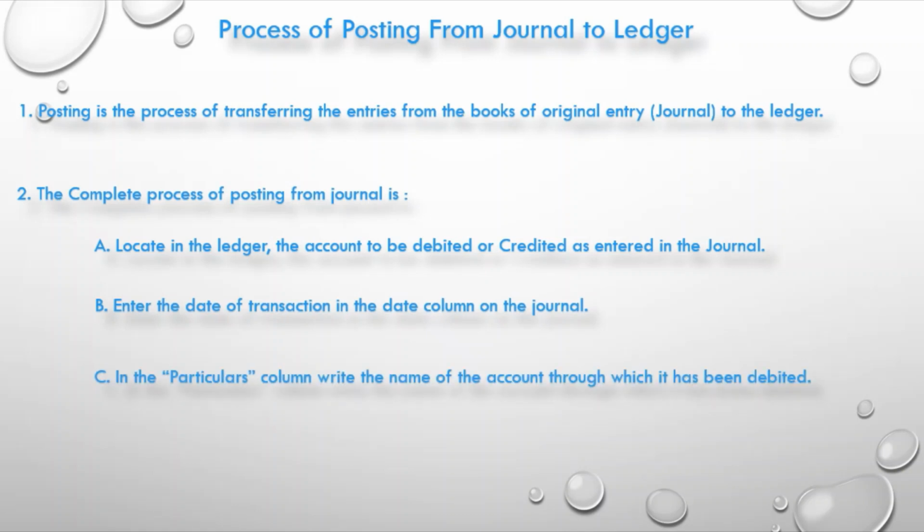And the third one is the particulars column. You have to write the name of the respective account that is debited or credited against the ledger account. That means if you have furniture and cash, then you have to put cash in the furniture ledger. And then enter the page number of the journal in the folio column, that means the journal folio column. So what is journal folio? Journal folio is just like a ledger folio in the journal book. So you have to put the journal number here.